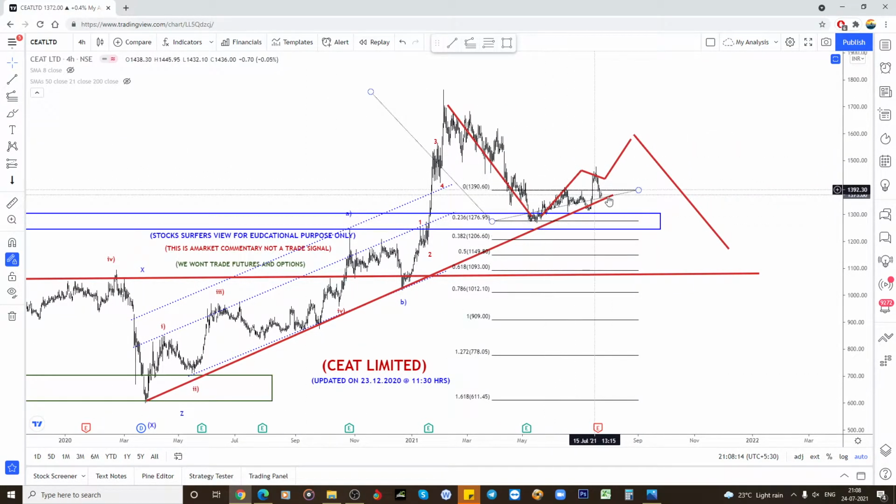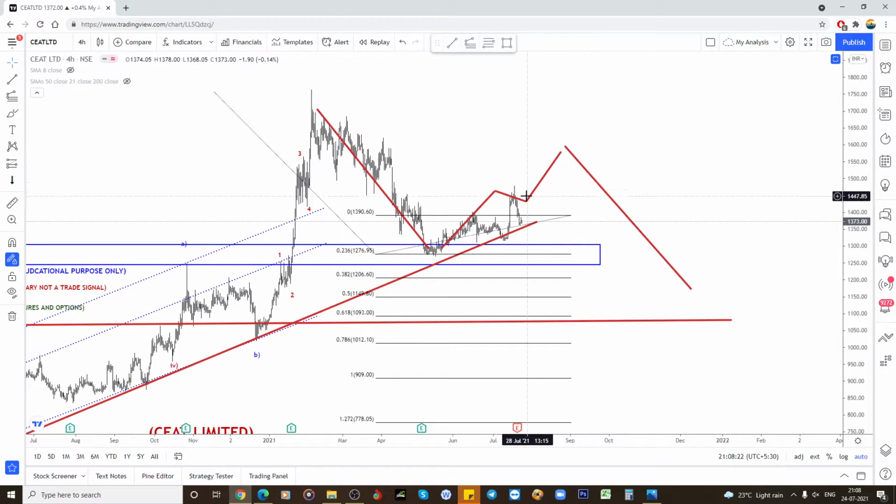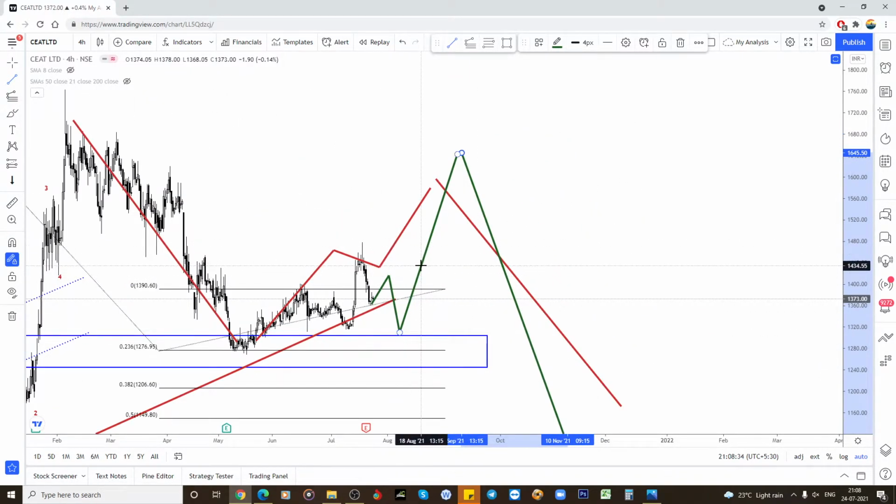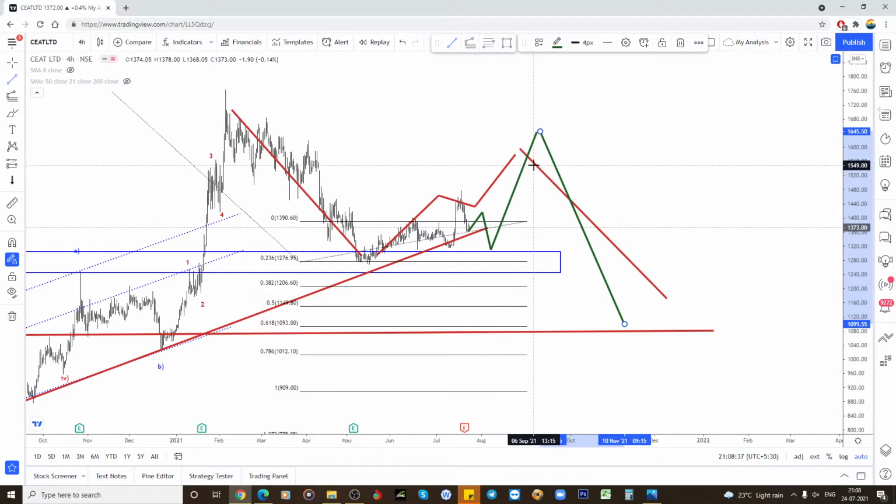Otherwise, with this kind of wave formation, I expected it to reach 1570, but it already reached 1475, and again a strong impulsive wave to the downside. So now it could make one more wave to the high. Again it could reach from here, and again it can do like this, and again like this. So see, everything I am expecting won't happen a lot of times, but we can predict how the market